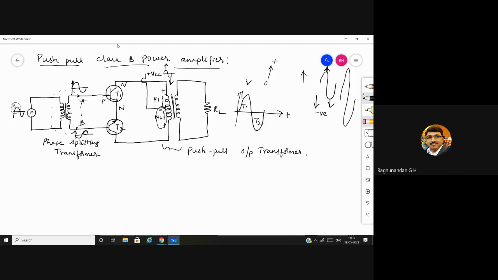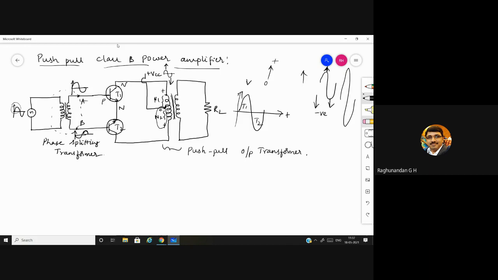Yes, Neeraj. Yes, sir. So you asked where the load current is. It is in the circuit which has RL in it, the secondary circuit. Yeah, from where you are getting it? From the collector terminal only you are getting. Right, that's what I was asking. Yes, sir. From the collector, that is the collector current, which is coming from transistors T1 and T2, that will act as the load current.